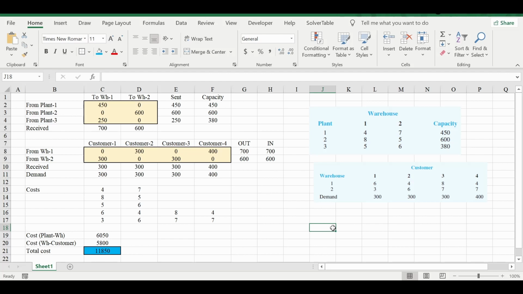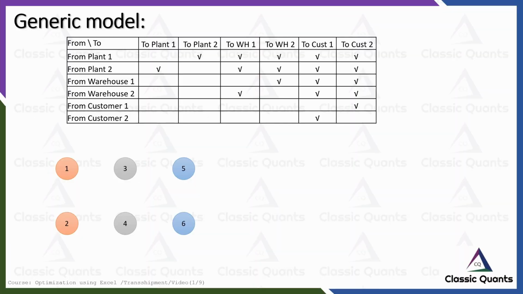Now we will go to the slides again, and I want to discuss a slightly more complex form of transshipment where some more movements are possible. So let us move to the slides and close this here. Now that we have already solved the transshipment problem, we want to extend the idea of this type of network model. Please note that in the transshipment problems I have discussed so far, the flow is simple: from plant to warehouse and from warehouse to customer.